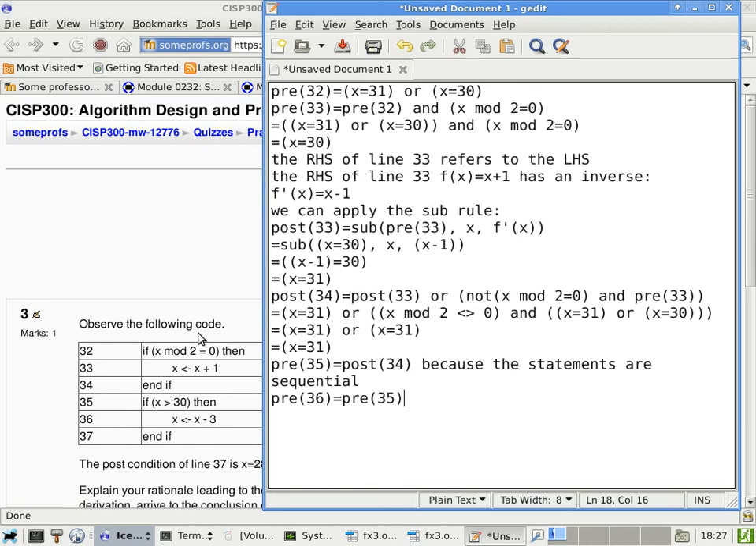Okay. So that means I have to say pre-36 is the same as pre-35, but we also know one thing on top of that. We know that x is greater than 30. Okay? And once you expand it, it becomes x equals 31 and x is greater than 30. And we can simplify this. Okay? So once again, we can simplify by looking at the intersection of these numbers. Okay? The left-hand side of this conjunction